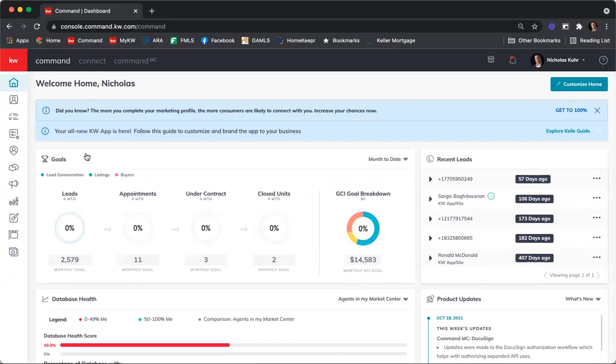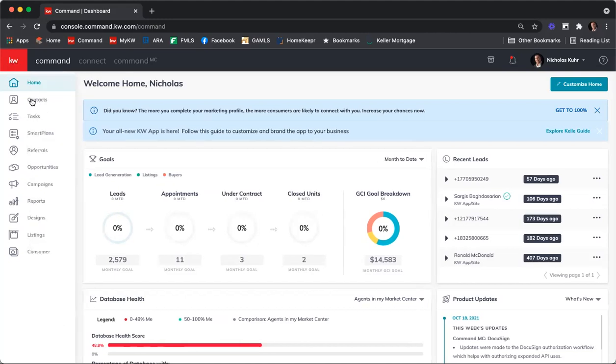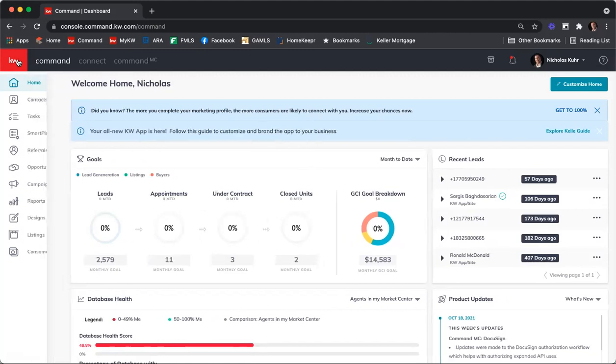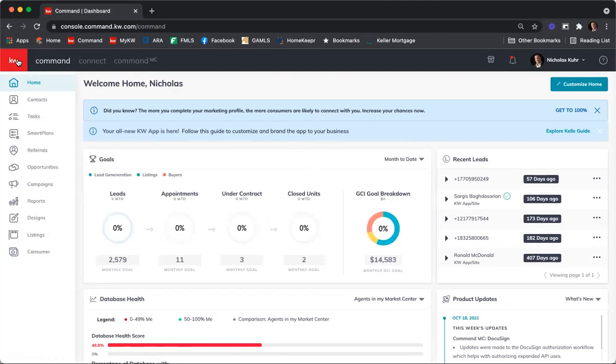The way I want to do this is I'm going to start over here in the top left-hand corner and then kind of work my way down, work my way across the top towards the right, and then we'll do a quick overview of the icons on the left-hand side and then the information here on the front homepage. So up in the top left-hand corner, we have this red square with the white KW logo. You can click on this, and this is going to expand the menu in the left-hand side so you can read through what the names of all the different icons are. Click it again, and it'll minimize it just there so you can more easily read what the different applets are